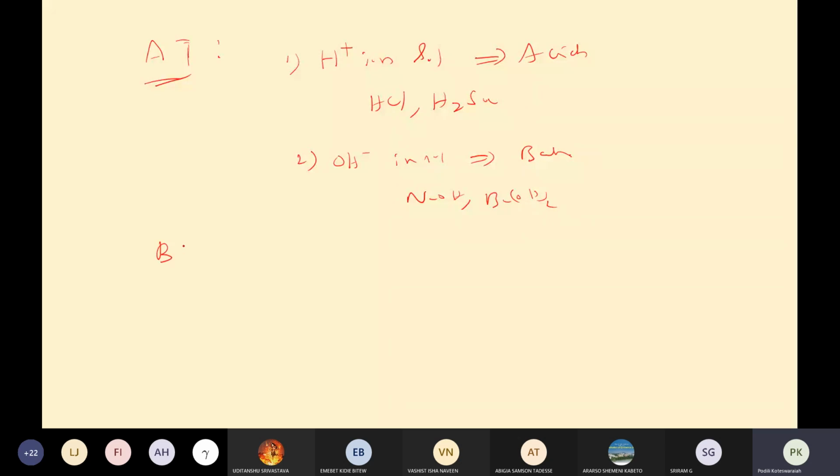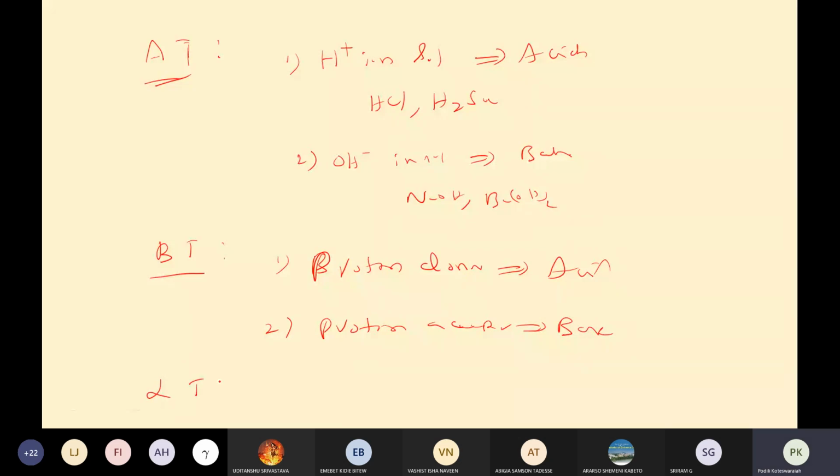According to Bronsted-Lowry theory, the proton donor is acid, whereas the proton acceptor is base. So according to Lewis theory,